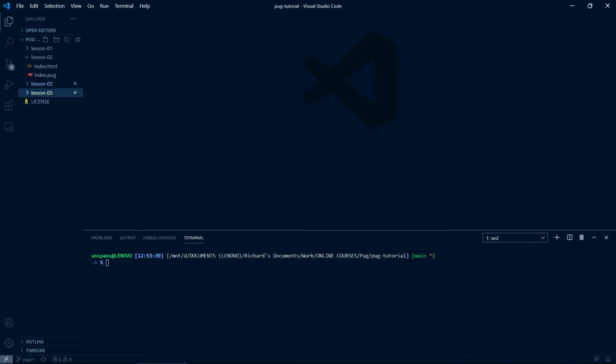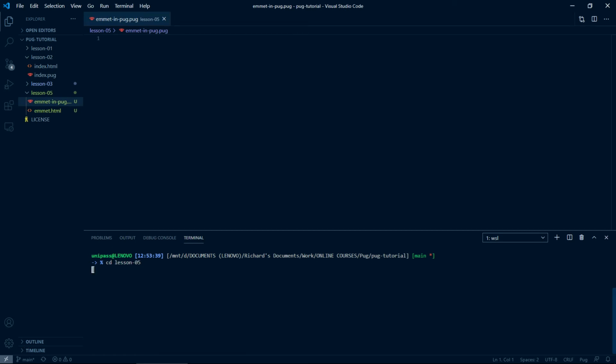What you may not have realized, though, is that Emmet works in exactly the same way in Pug as in HTML, using exactly the same abbreviations, so there's nothing new to learn. Just that if we're in a Pug file, we'll get Pug syntax instead of HTML. Create a new file and name it emmetinpug.pug. Change directory on the command line so you're in this directory. Start Pug on the command line to watch for changes again.